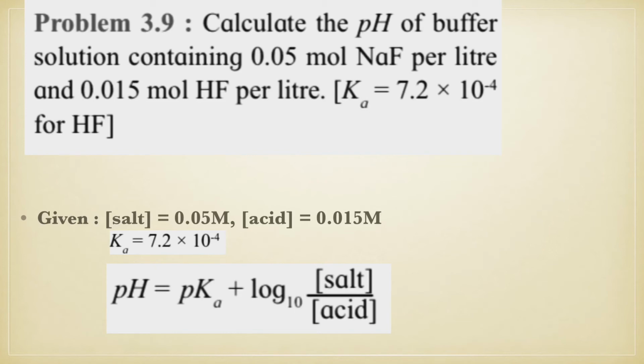Now they have given the value of Ka. We have to find pKa. So we know the formula: pKa will be equal to negative log to the base 10 of the Ka value. So by using that formula you can first find the pKa value, then substitute all the rest of the values, then you can directly find what is the pH of the solution. So this is the simple problem. Do solve it. I have given you the hint. Okay, so we'll see the next problem now.